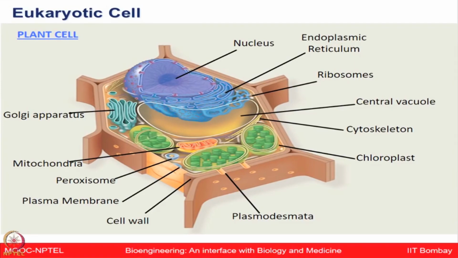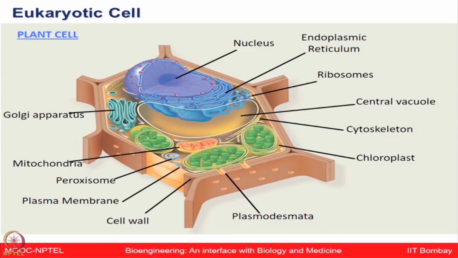and now we have endoplasmic reticulum, then ribosomes. This is something which is very different from the animal cells, right, which is a much larger volume, a central vacuole. Then we have cytoskeletal elements. Now we have chloroplast, which is again one of the distinguishing features of plant cells, plasmodesmata. Then we have a cell wall, a very thick one, and a plasma membrane. Then these are peroxisomes,